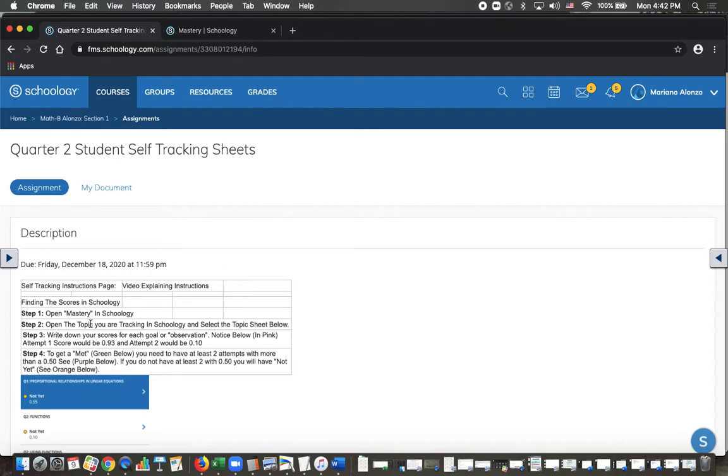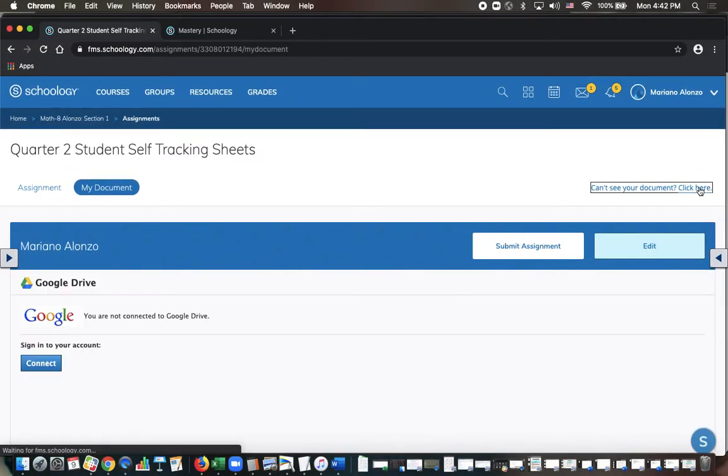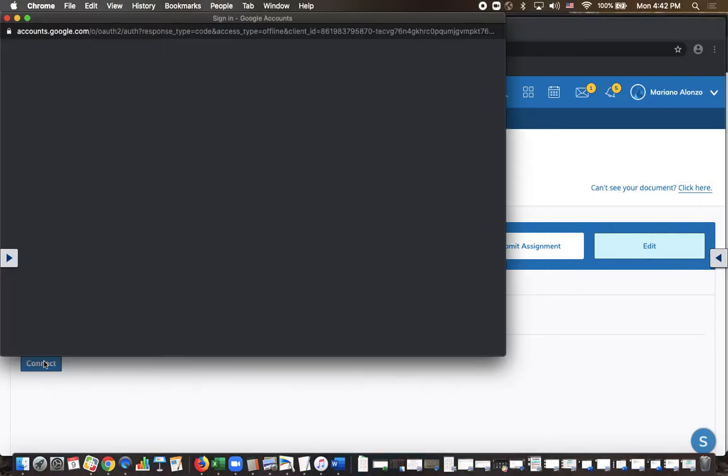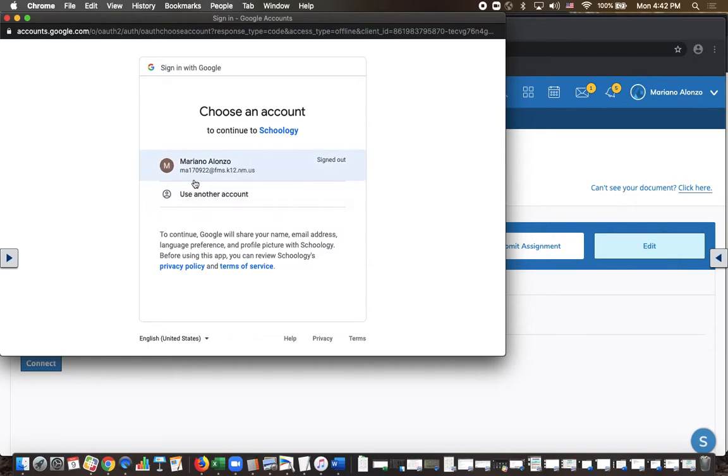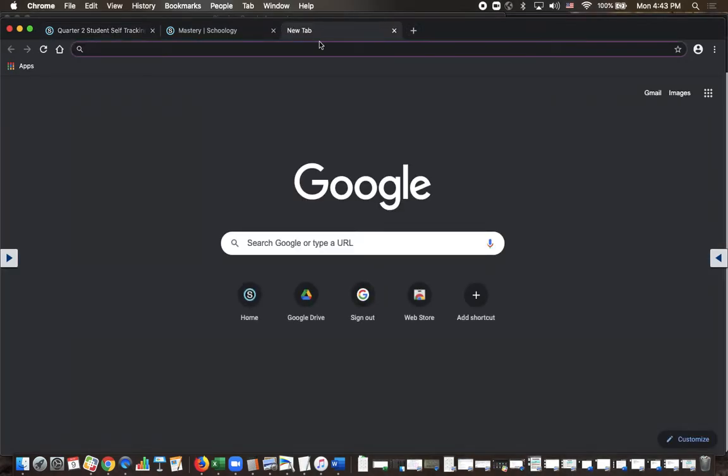So I'm going to actually do that. These instructions are on this page. If you're not seeing anything on this page, hit click here up at the top right. It's going to give you the option to connect. If you don't have a user or an email listed right there, you're going to have to hit a new tab. Go to